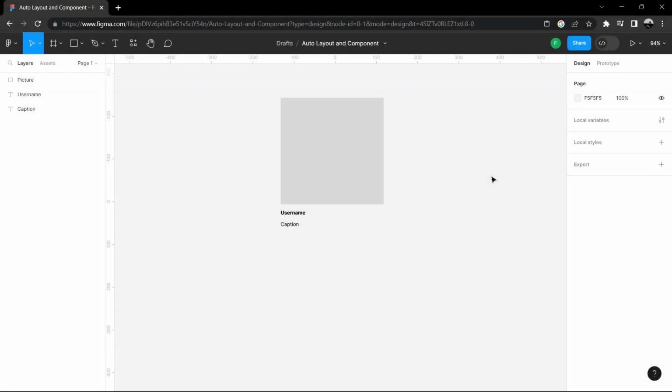This is a simplified wireframe for a post in social media. On the top, we have a square that represents the image of the post. And at the bottom, we have the username and the caption for the post. There are many posts in a social media app, so this is what many designers do to create that visualization